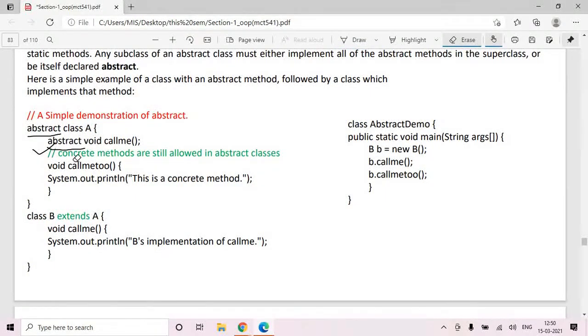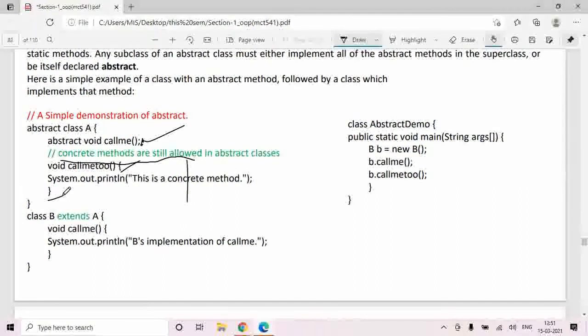Abstract functions don't have a body. Concrete methods are still allowed, but this is an abstract method. See here, there is a semicolon. For call me, you have not written any implementation of that function. So abstract void call me tells that call me is an abstract function.